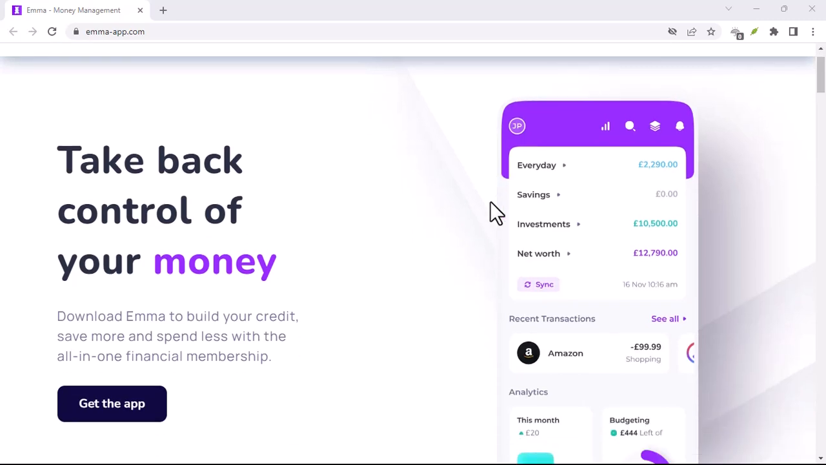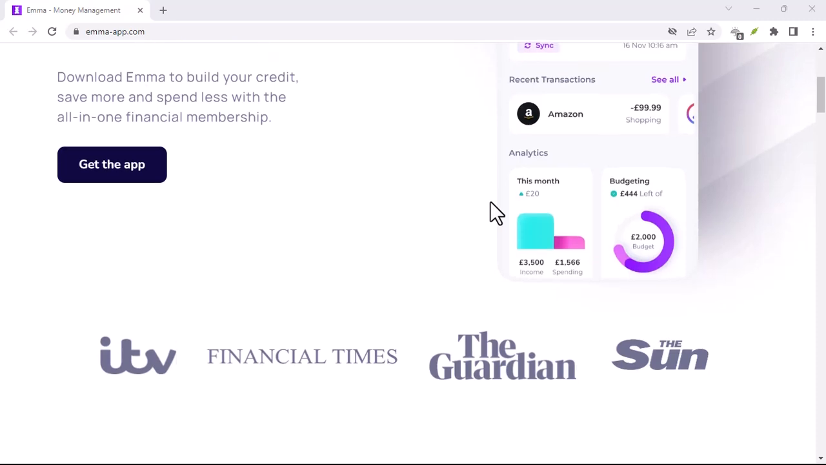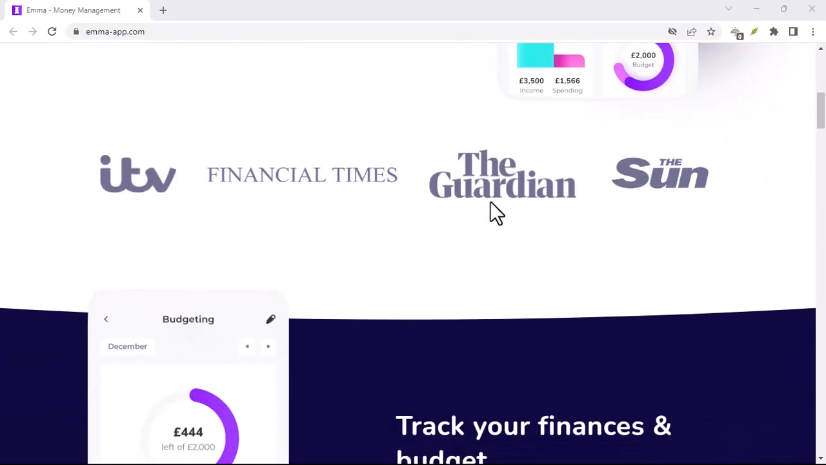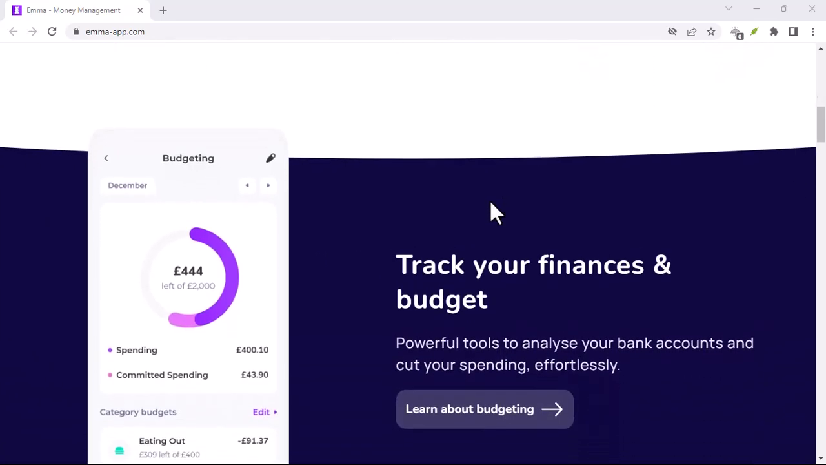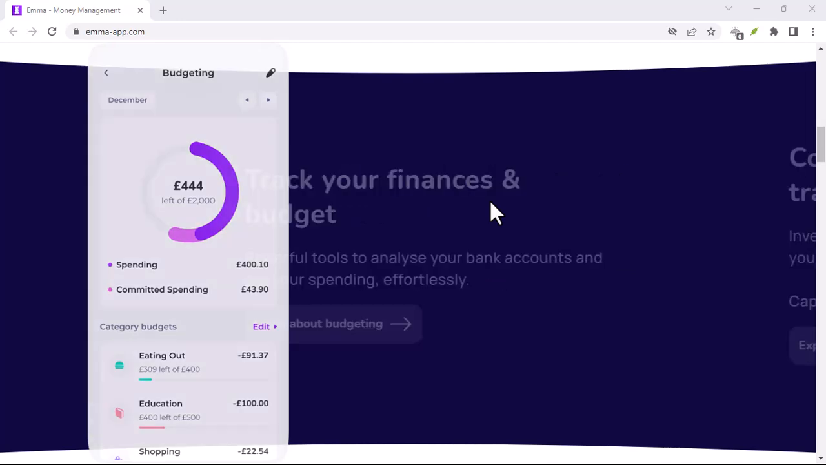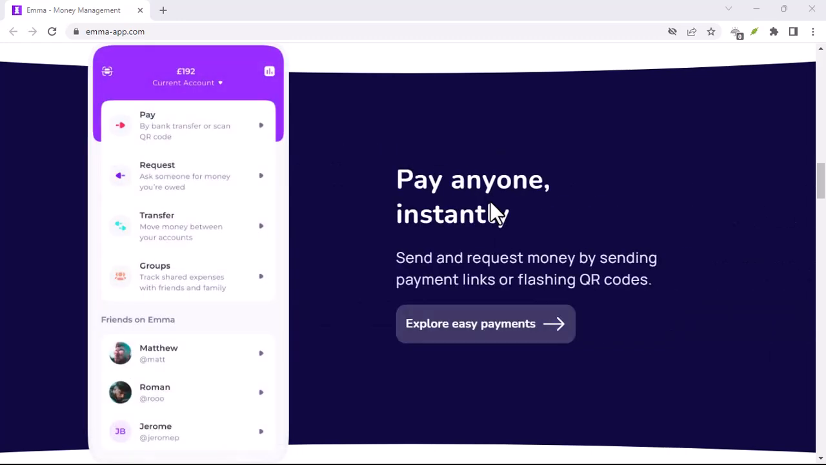Ever felt like your finances are a bit of a mystery? Like you're constantly playing catch-up, unsure where your money is going, and struggling to save effectively? You're not alone. Managing money can be a real headache, but what if I told you there's a tool that can help simplify things? A tool that puts you back in control of your spending, helps you budget smarter, and